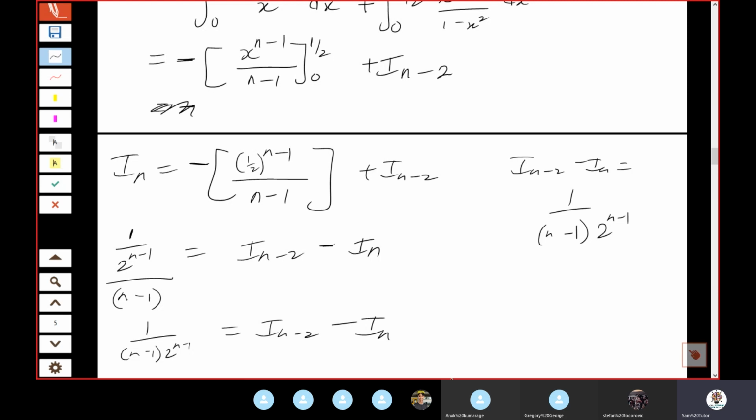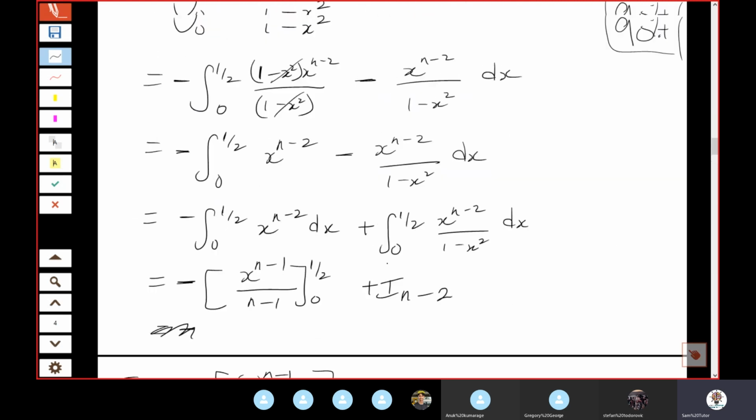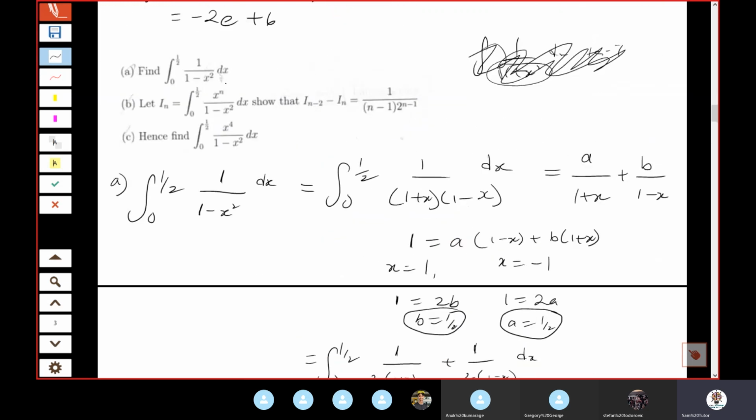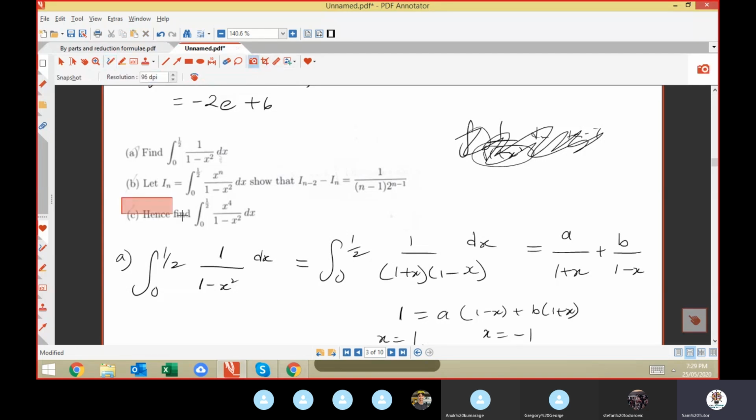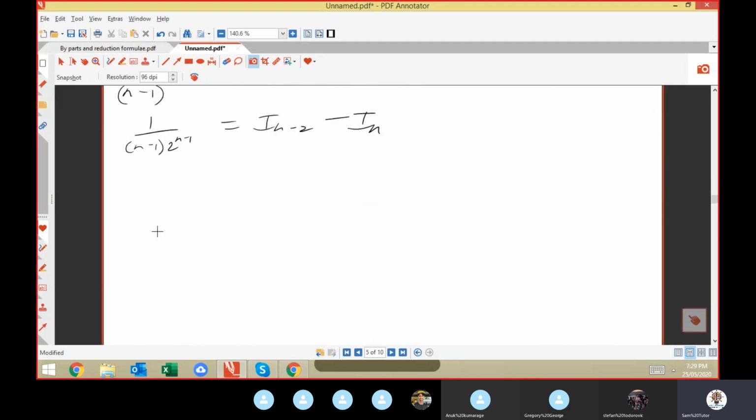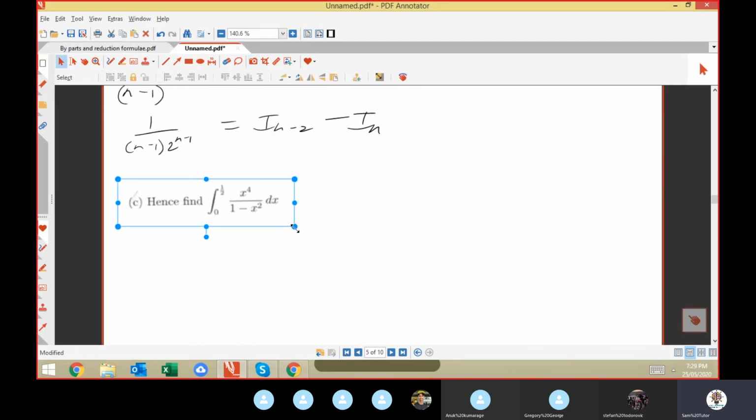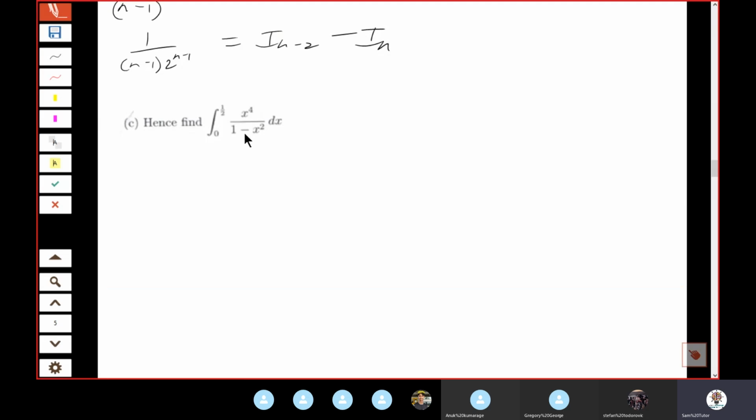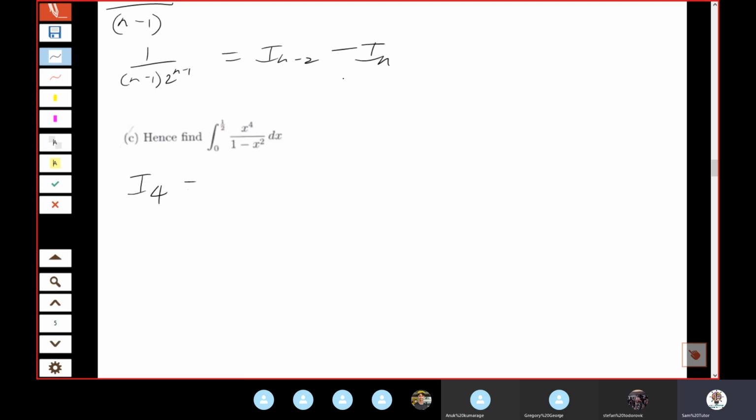Okay. And I think there was a third part to this question. Let's copy it again. The way you read the third part is, of course, n is replaced with 4, so you're essentially finding I_4. You know that I_2 take away I_4 is